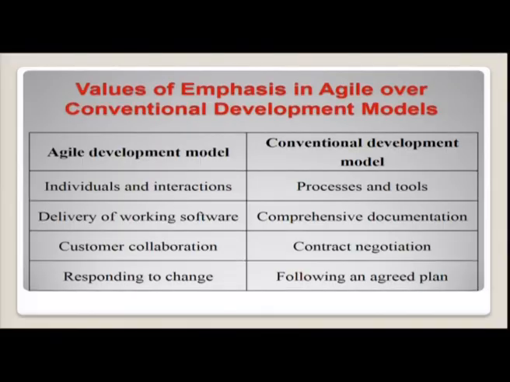There, in the traditional conventional development model, it is based on contract negotiation. Here as well you will be signing a contract, but here the contract will change. As far as the Agile model is concerned, the contract will change based on changes in the requirements, whereas in the conventional development model it is a fixed contract and you will be making negotiations on the contract that has already been drafted.